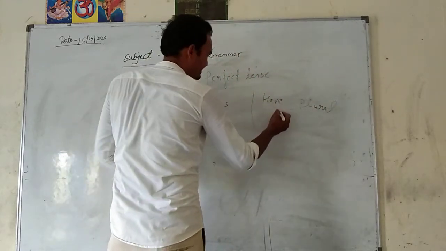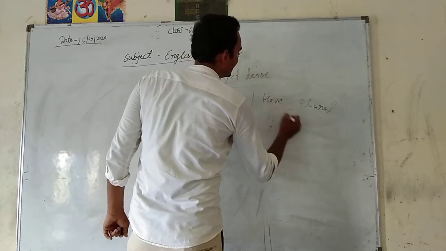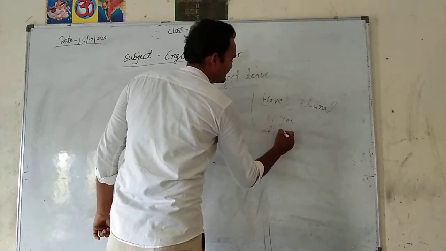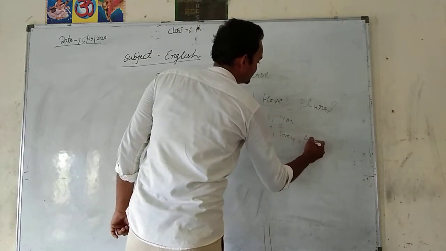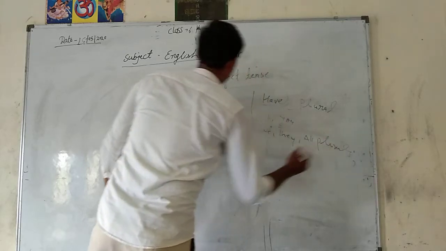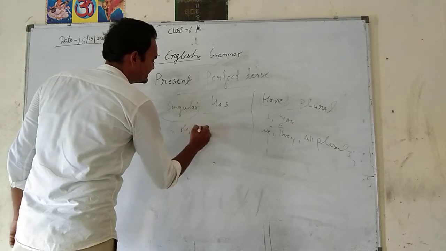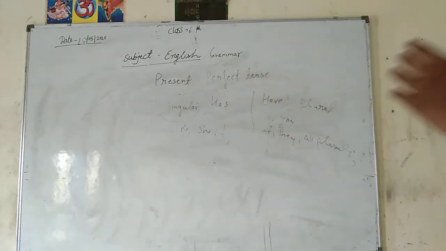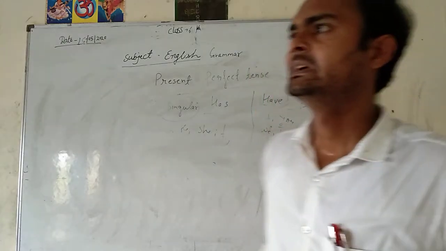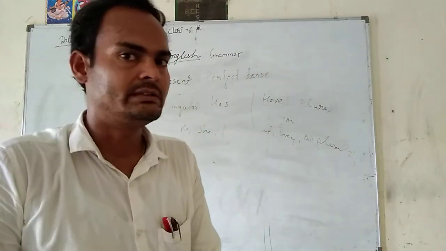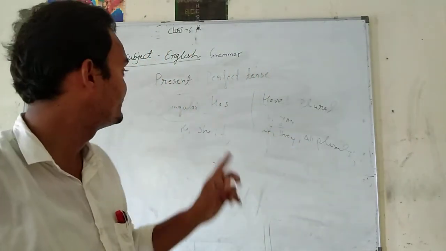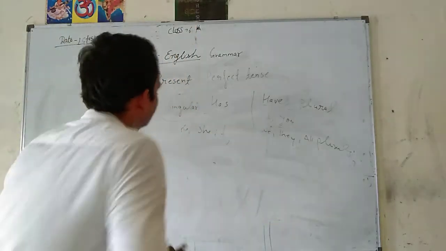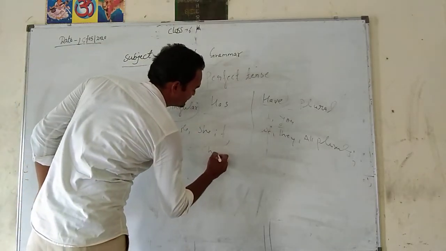With the exceptions I and you, we have to use have. And plurals like we, they, and all plurals take have, while singular he, she, it, and all singulars take has. So I have told you that in grammar or tense, two changes are always there. First, the helping verb, then the use of the helping verb, and third, the change in the verb.